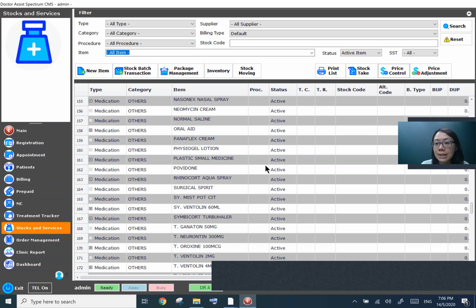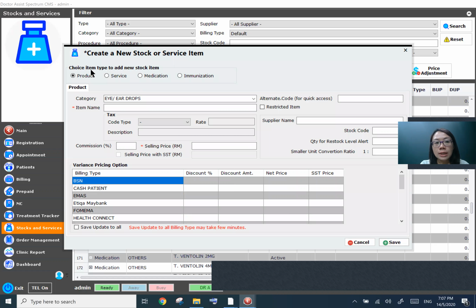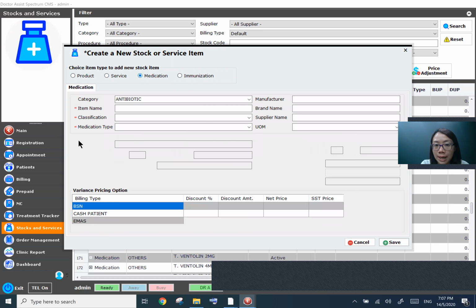So it will be very easy when we provide the training to you, you can straight away use the system because the list is already in the system. But from time to time, when you have a new item that you want to put into your clinic service, you can click on new item, then we allow you to define whether it's a product, a service, a medication,